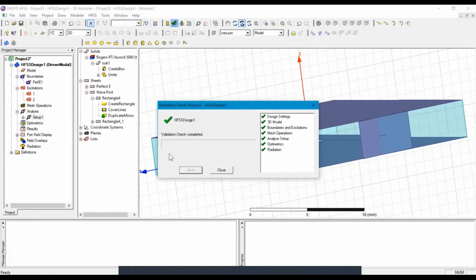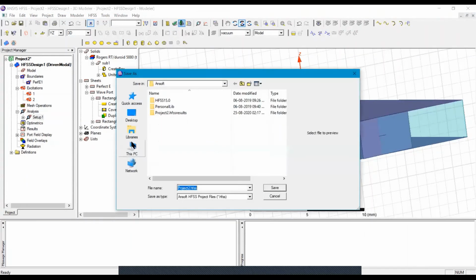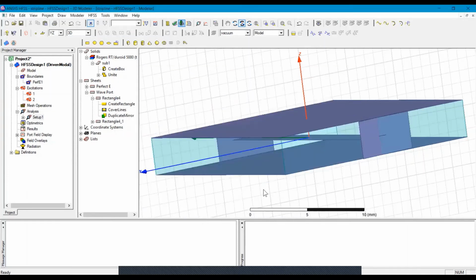Now I am validating my structure and then saving on the desktop. Now the analysis is going to start.